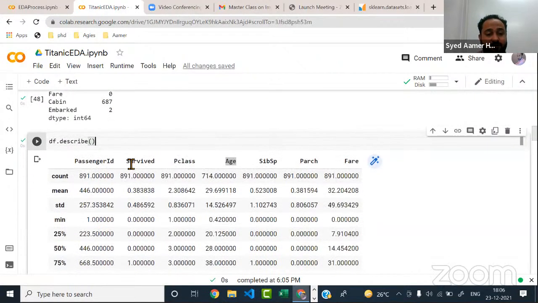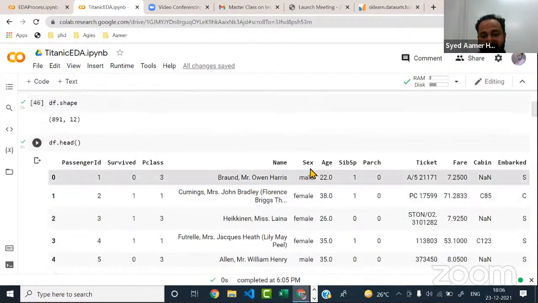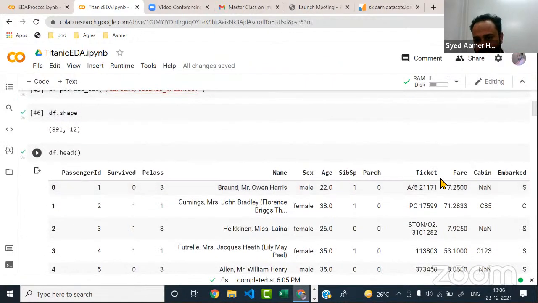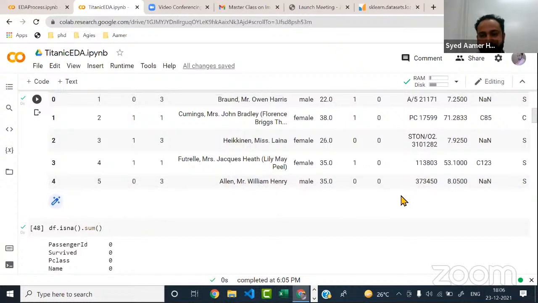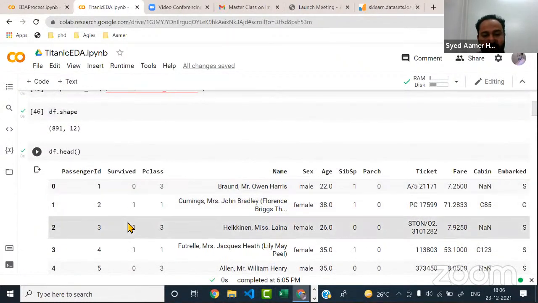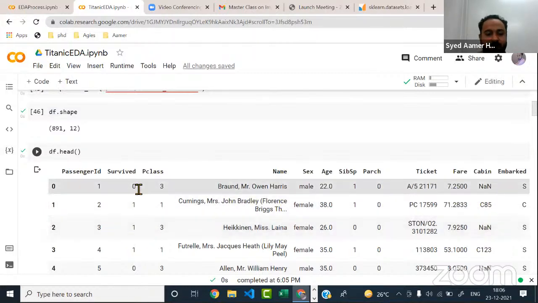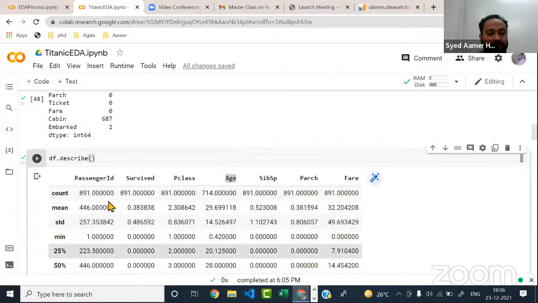Okay, and describe. You can see the data that I have, like name, sex, ticket, cabin, and embarked are categorical data. All right, and survived or not is again categorical data, right? 0, 1, that is already label encoded for you. From this describe, you will only see those columns which have numeric values.